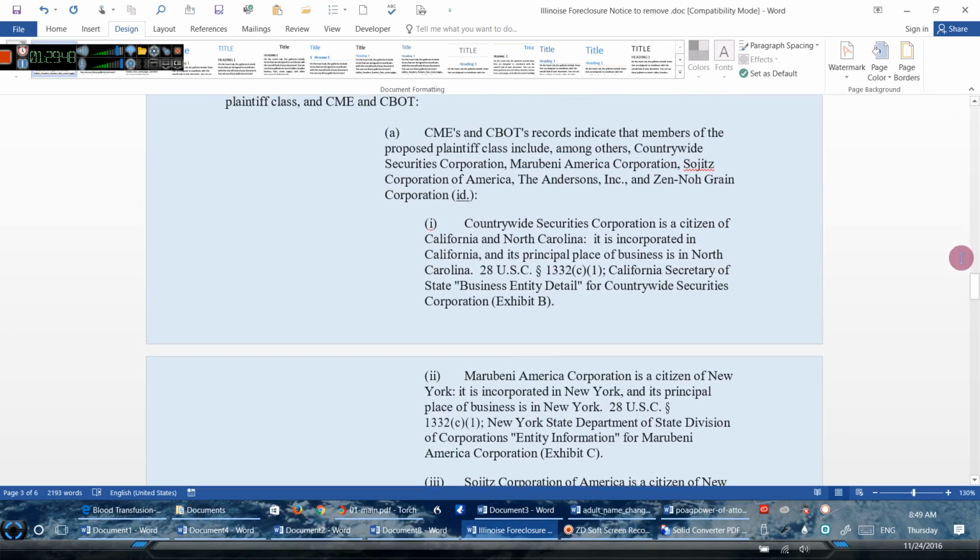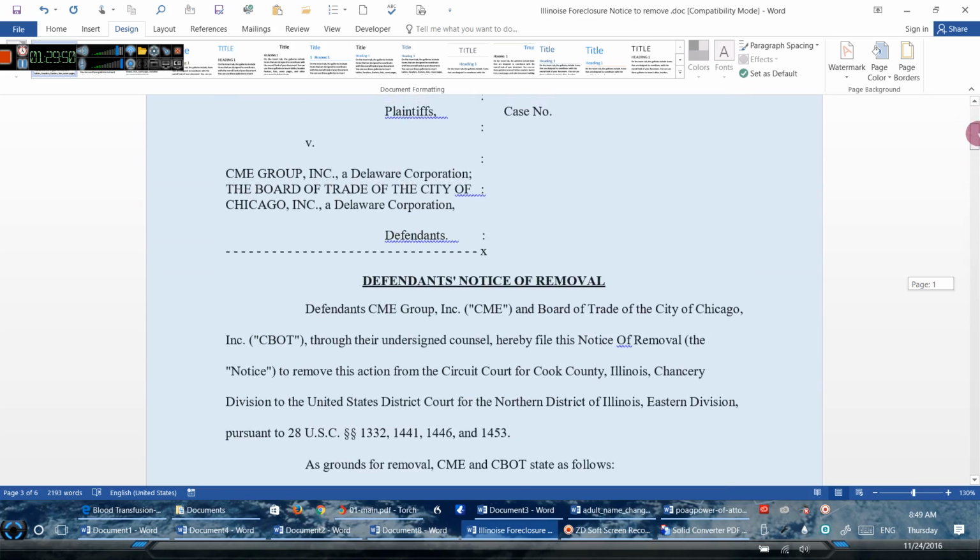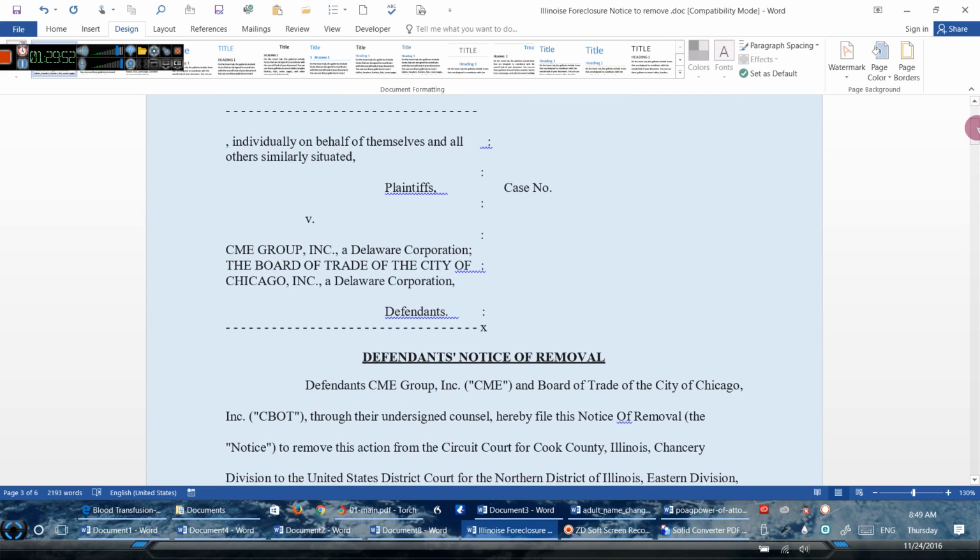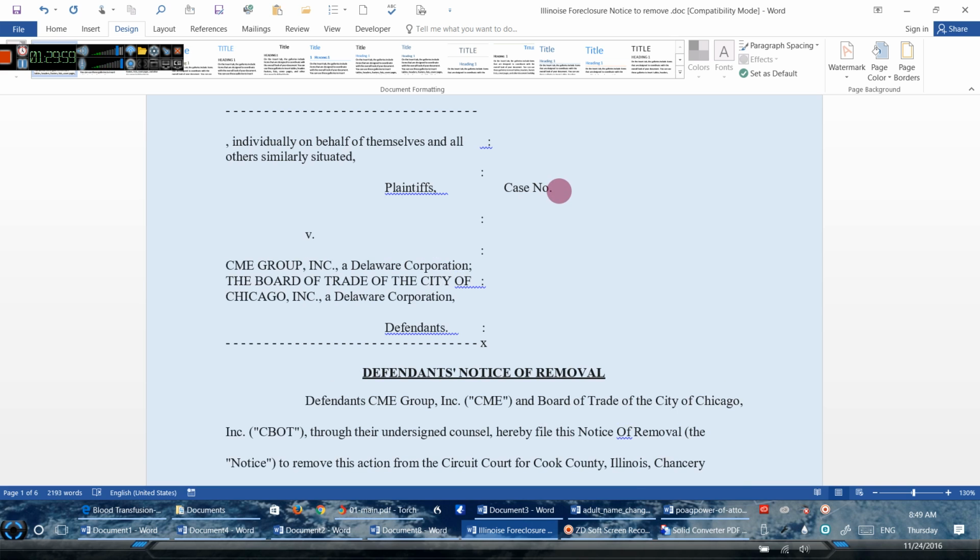And I filed a notice of removal, but look, as I told you, their notice of removal just says notice of removal. Mine, hold on. And that's the thing about using documents like this. So what I'm going to do is,